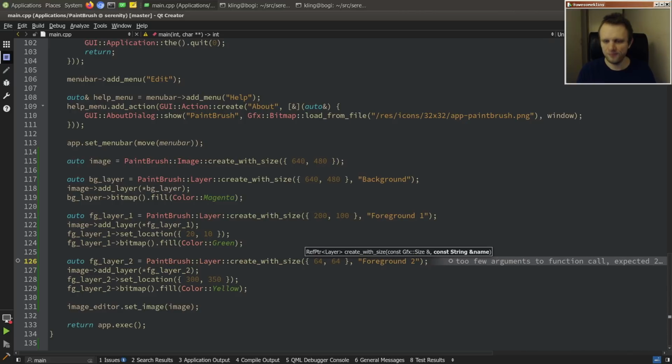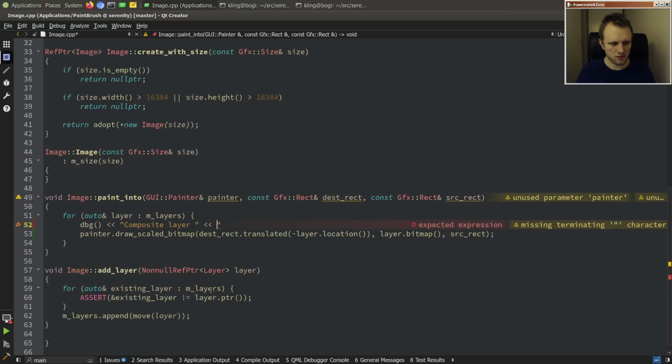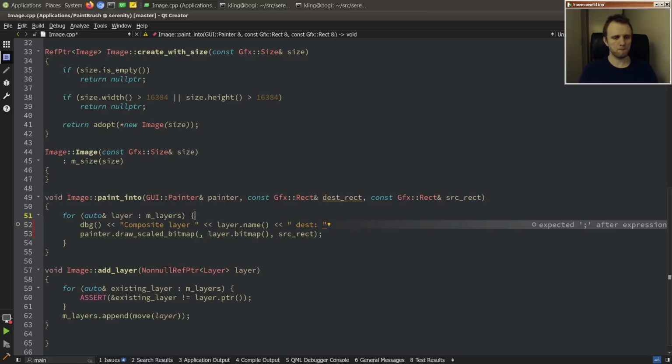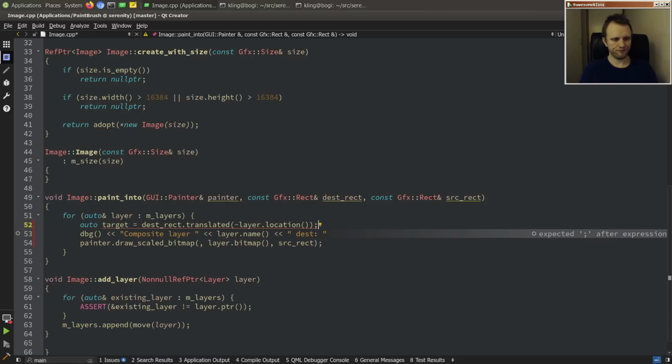Wow. So imaginative. So then here we can say layer name. Then we'll say the dest. So this is where we will paint it to. And we'll call it the target. And source rect is